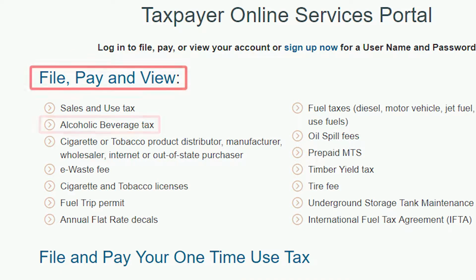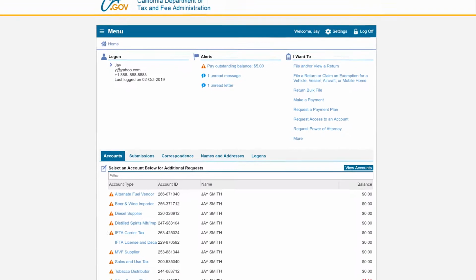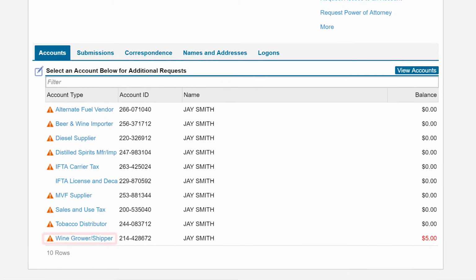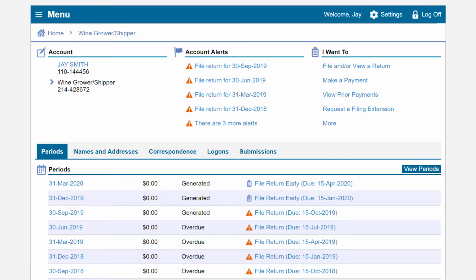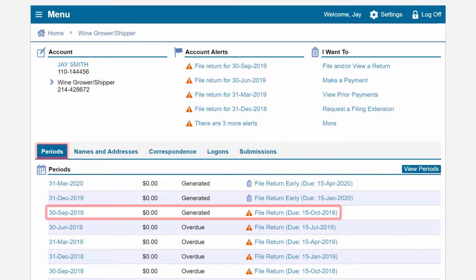Then click on the File, Pay, and View link located here. On the CDTFA online filing page, we will enter our username and password, then click Login. On the Login homepage, under the Accounts tab, we will click on the Winegrower Shipper hyperlink. This will take us to the Winegrower Direct Wine Shipper account page. Under the Periods tab, click on the return period for which you would like to file. In our example, we will file for the third quarter 2019 period, which is displayed by its return end date